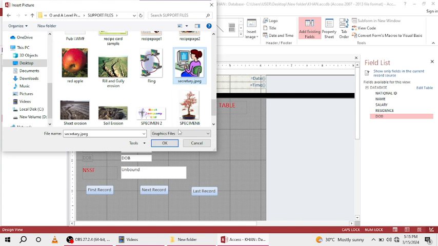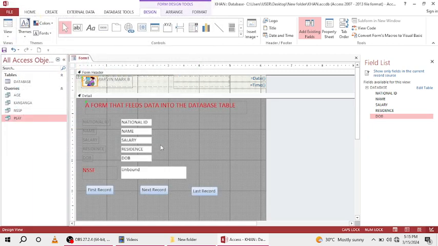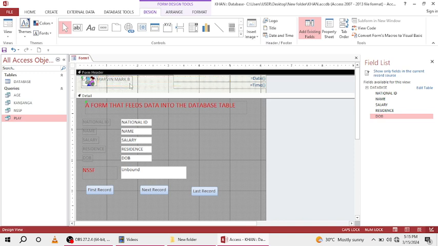Okay, I could pick this image of the secretary, a cartoon image, a very common image. It could be your passport photo, it could be any other image. If you're able to select it from the logo and it is on your desktop, you can do it. Click OK, and then your image is going to be loaded in